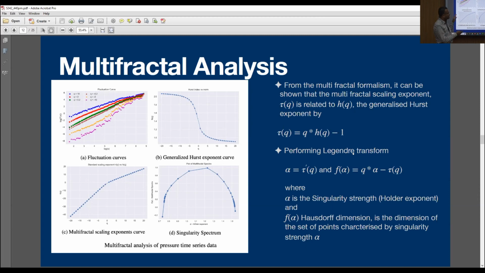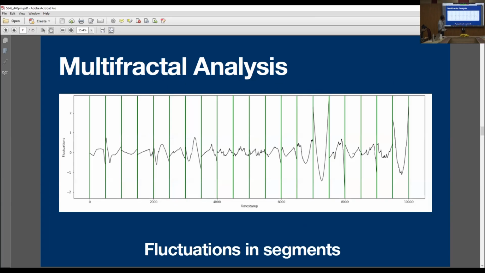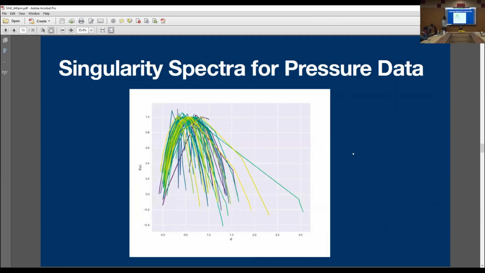But what I want to do is use this as a tool to look at this data. What happens when I use this as a tool? So this is what happens. We took those 50 time series and plotted the multifractal spectra for all of them. As you can see clearly, some of them deviate very far from what is considered the norm. What does this mean? We'll come to that later. But for now, how do you quantify which is anomalous and which is normal?